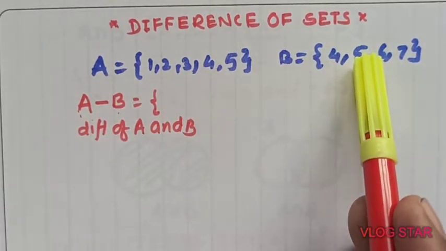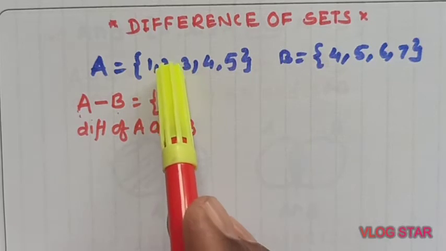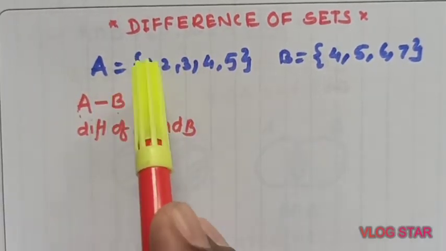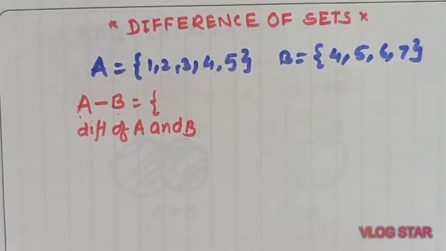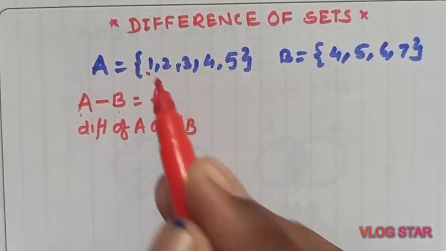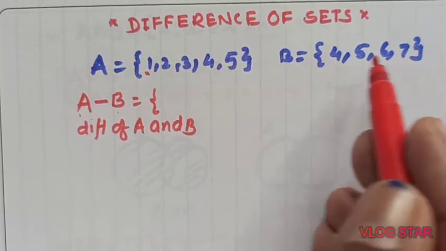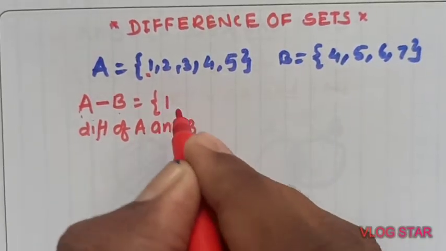So we have to write, means हमको ऐसे एलिमेंट्स यहाँ पे कलेक्ट करने हैं जो A में होगा लेकिन B में नहीं होगा. A में होना चाहिए, B में नहीं. So one by one we will check. Can I take the first member 1 here? Make sure it should not be in B. It is not there, so I can copy 1.